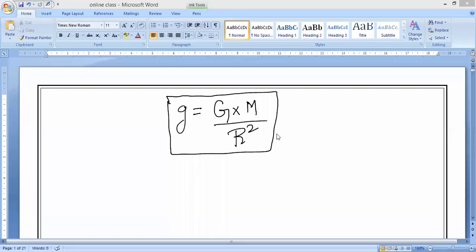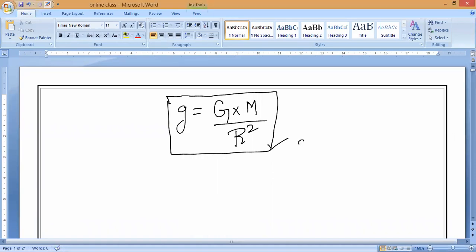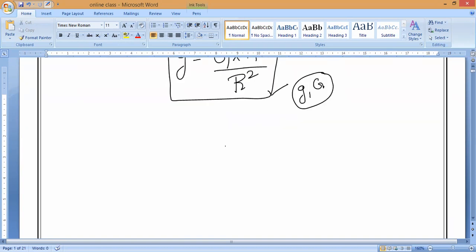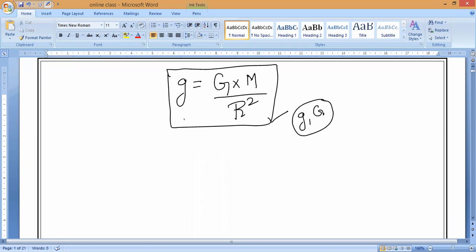So now, if you observe here, this is the relation we derived in the last class, the relation between small g and capital G. In today's class, we are going to find this g value. We have already solved two numerical homework sums: the g value of Earth and, in the same way, the g value of Jupiter. The g value of Earth we found to be 9.8 meter per second square.